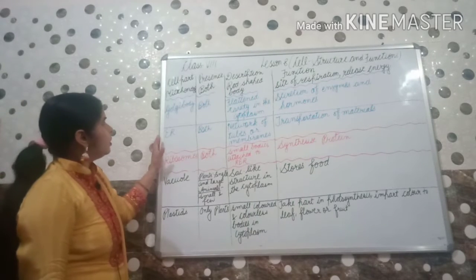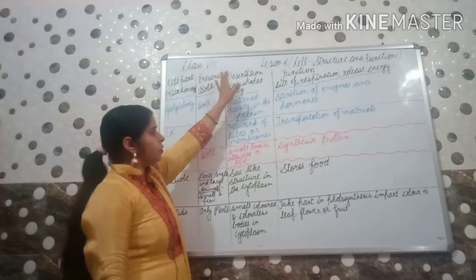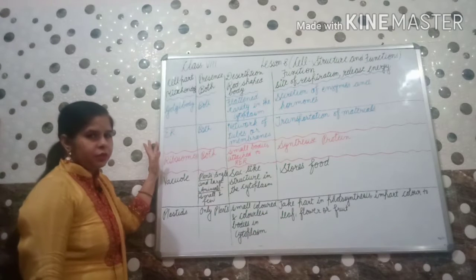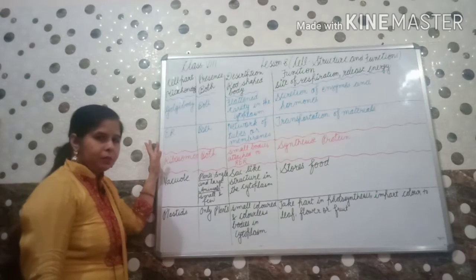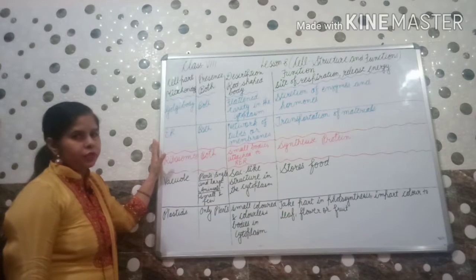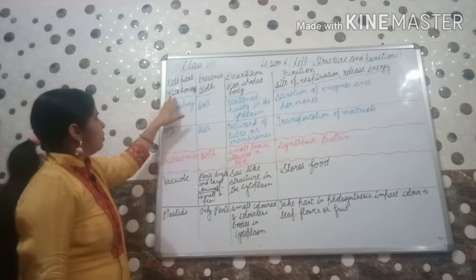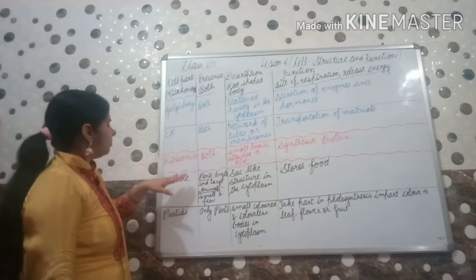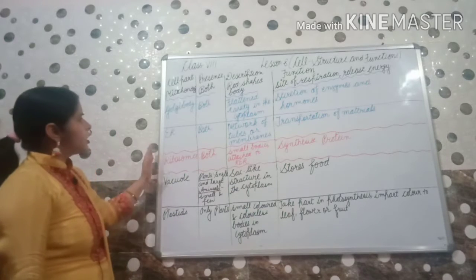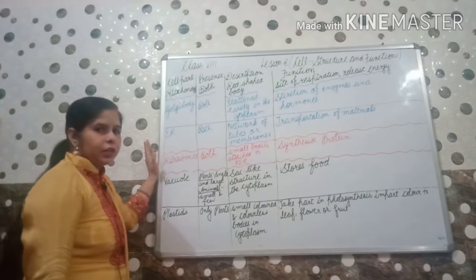Okay, as we have discussed cell parts, where they are present, what is their description and what are their functions. Four we have discussed earlier in our previous video: cell wall, cell membrane, cytoplasm and nucleus. Let us continue to the next part. Next is Golgi body, mitochondria, endoplasmic reticulum, ribosomes, vacuole and plastids. Here we will discuss where these are present, what is their description and what are their functions.